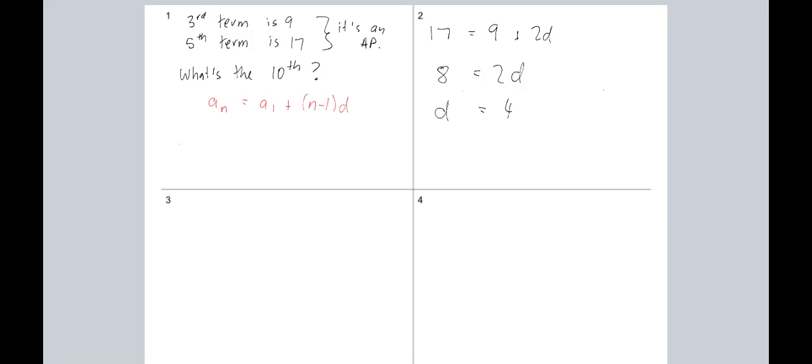No, because we didn't answer the question. The question was, what's the 10th term? So we better answer the question. We need to know what A10 is. That's the 10th term, right? And the 10th term,